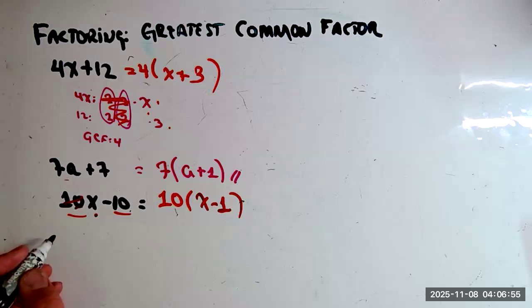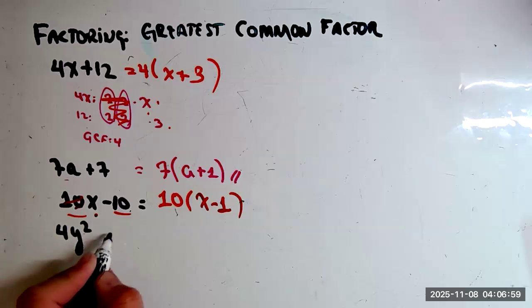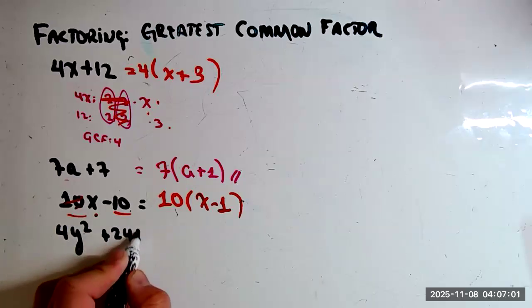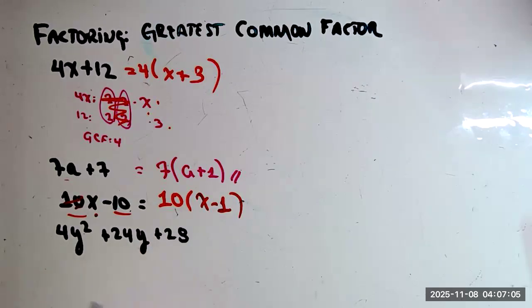What if we have something as follows? 4y squared plus 24y plus 28. Okay, here, of course, is 4 times 1. Let's always try this here. Let's try the 4. So, of course, this is divisible by 4. 4 times 6 and 28,